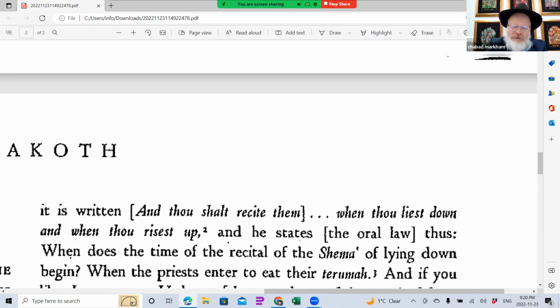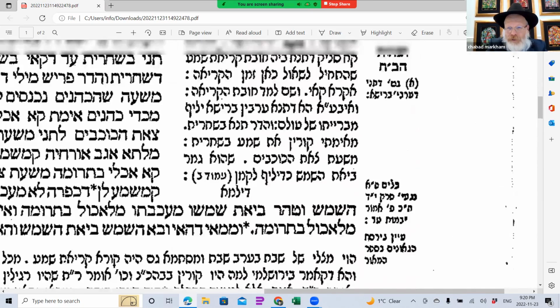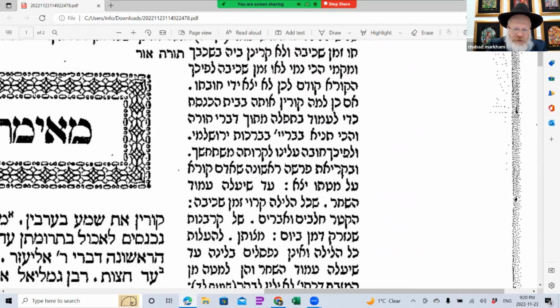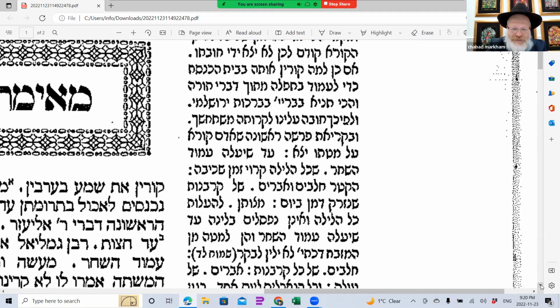I'm just trying to give you a little flavor of Mishnah, of Gemara, and now I'm going to try to show you a little bit on this page, Rashi and Tosfos. Okay, we'll see if we can do that. I'm not going to do all of Rashi, but Rashi, as we said, is a major commentary that explains everything. So it helps you read through the Mishnah and the Gemara.